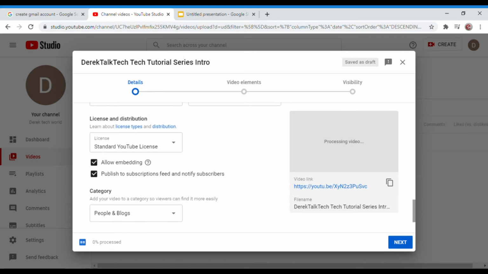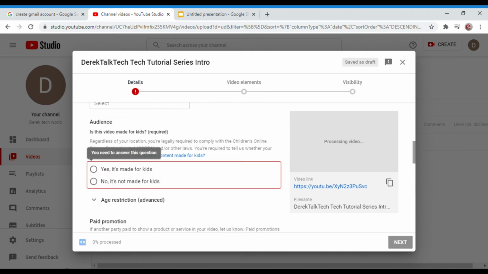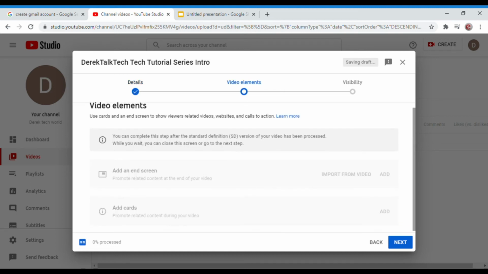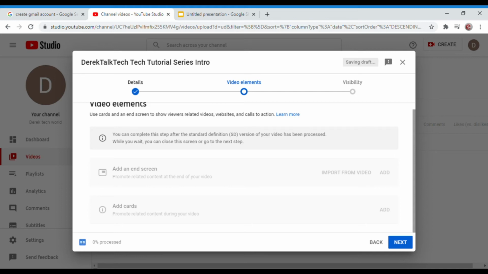And then once you have that done, there's video elements, which includes cards and end screen. An end screen shows all the videos at the end that your viewers can see after the video is about to end. And then cards are the little things that pop up at the top of the screen that can promote content like videos or